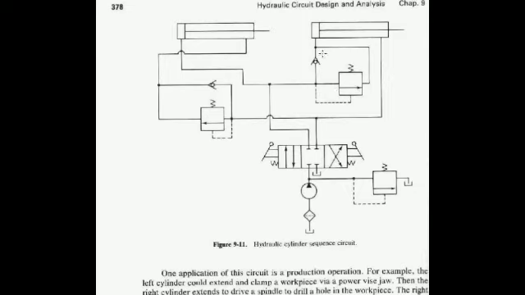So that will be again circulated to the blind end of the cylinder, and the rod end of the cylinder flow can be supplied to the port B via to the tank. So after extending the first cylinder, then only the second cylinder is going to be extended, right? So let us see the right envelope of the direction control valve, right?